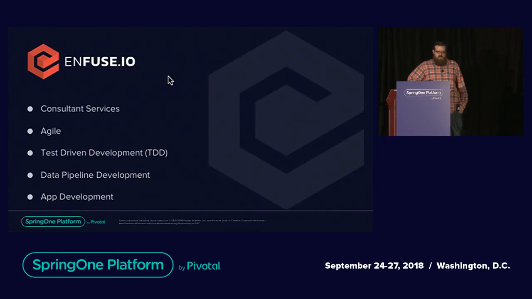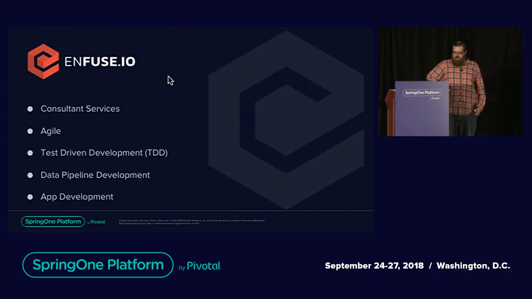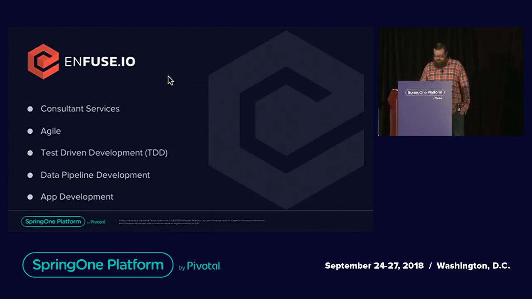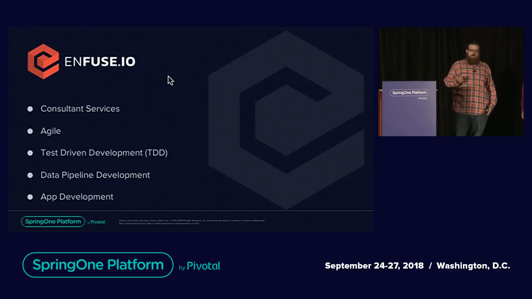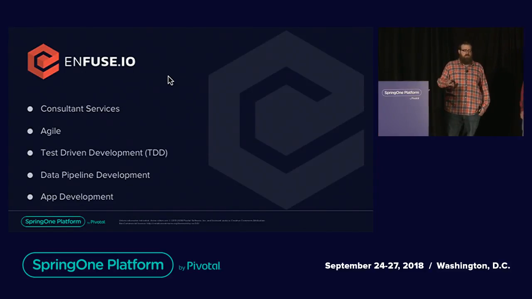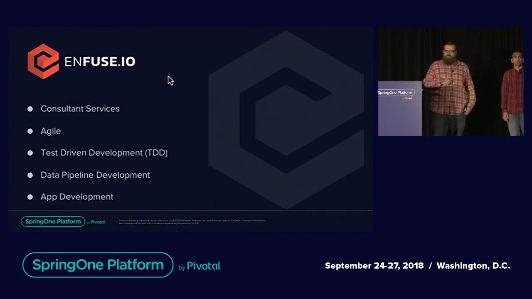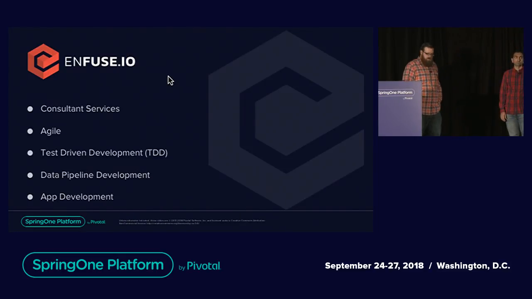And then, of course, we do general application development as well. But again, our main goal is data pipeline development, which is a series of microservices composed together that we then call a pipeline. That's essentially what it is. That said, I want to give a little bit of time here to Darshan from Corelogic, who's one of our clients, to explain the platform that they've been building up the past few years, and the one that we've been developing on as Enfuse employees. So, Darshan, go ahead.